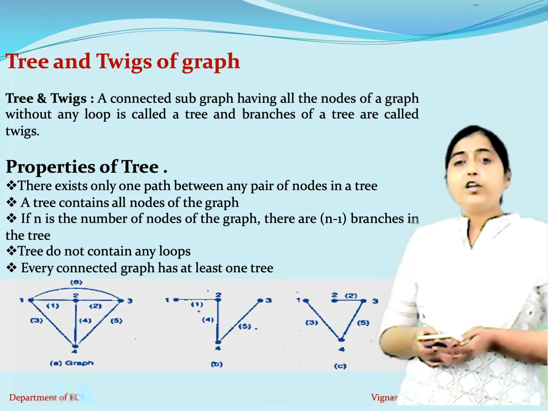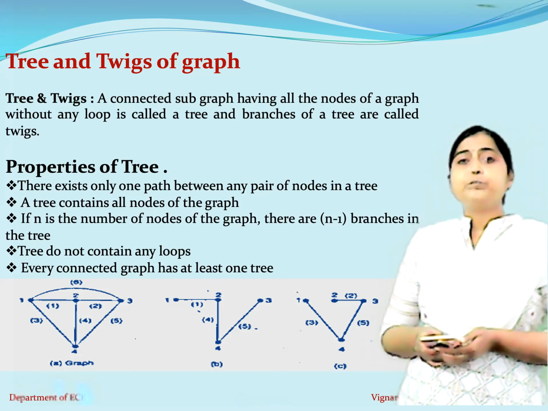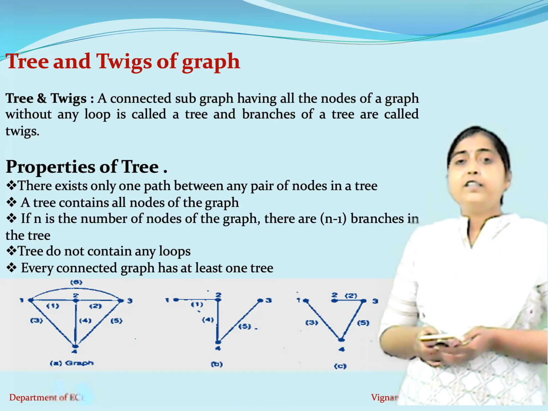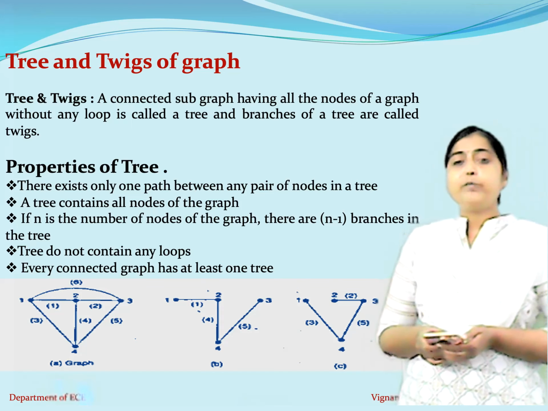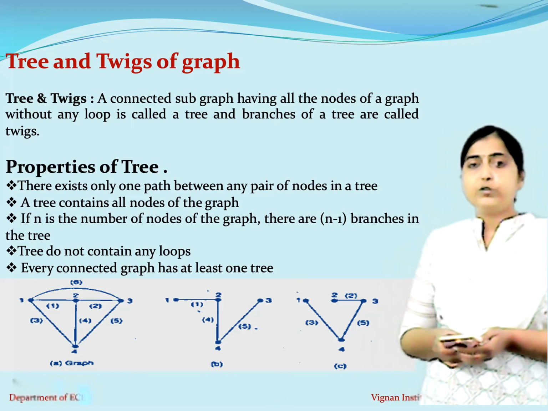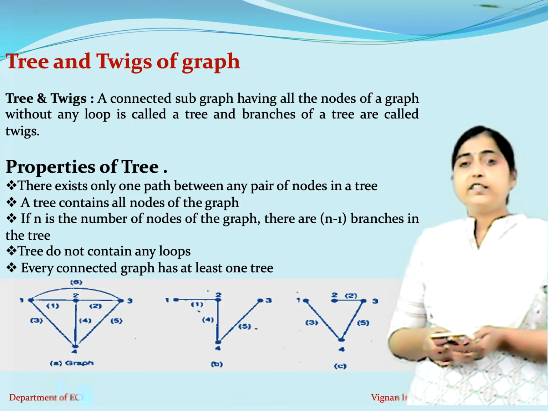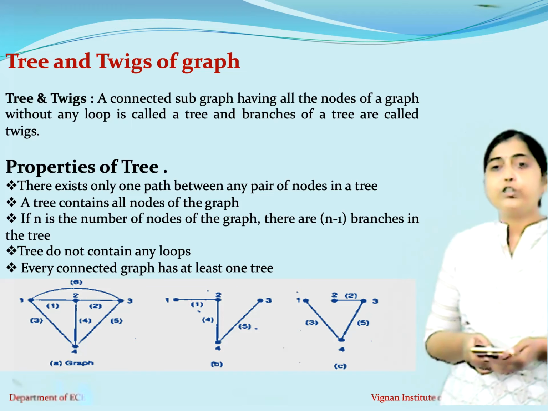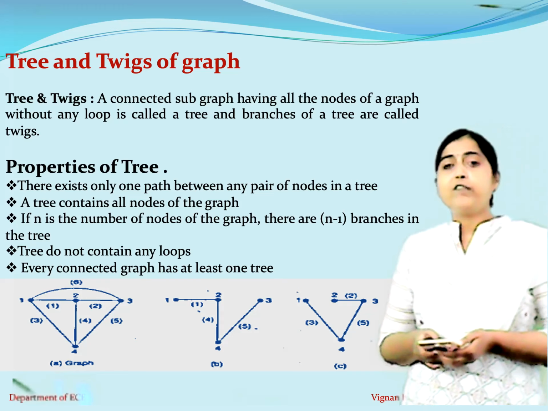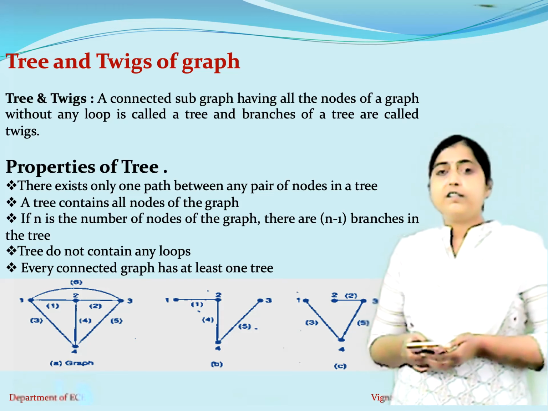This is important. It is just for your sake to understand whether you have drawn a correct tree or not. In order to check that, if there are n number of nodes, then the number of branches will always be n minus 1. So let us check with this example. In this case, there are 4 nodes. So 4 minus 1, how many branches should I get? 3. So if you see this network tree, this is one branch, this is the second branch, and this is the third branch. It is just for your understanding to check whether you have drawn a correct tree or not.